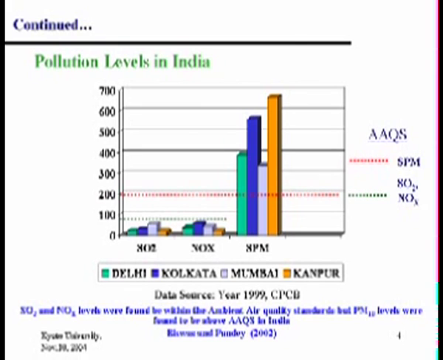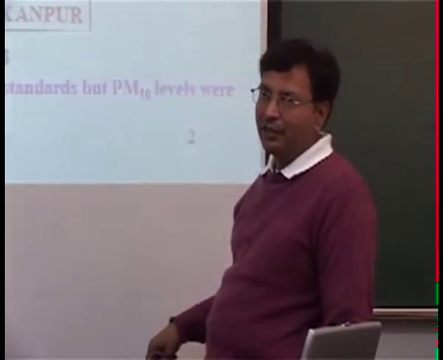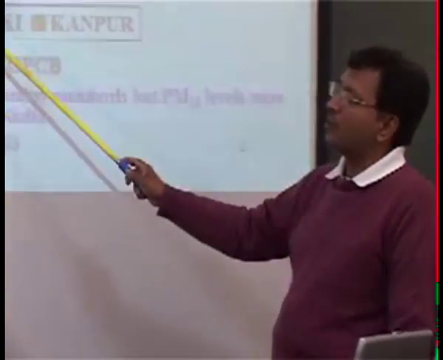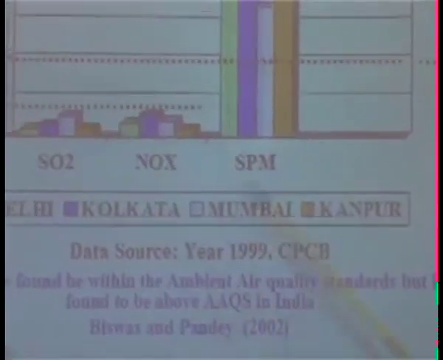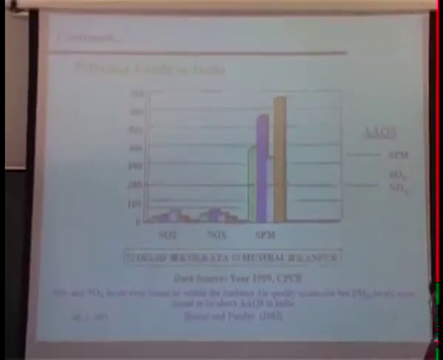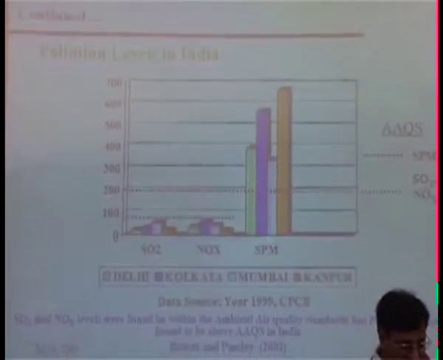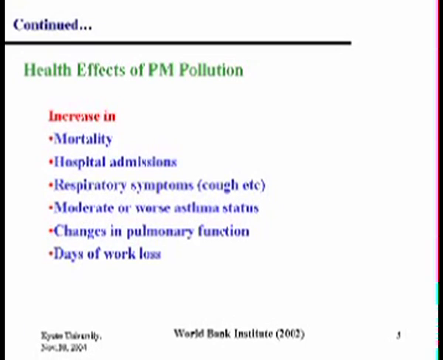When you are talking about SPM, if SPM is high, it means by and large PM10 will be high, and PM2.5 will be high. For the four different cities, this is the annual standard, about 160 or something, and pollution levels are way high. The gaseous pollutants are still manageable, and we'll discuss the associated problems a little later, but the particulates are important to us. So this lecture will devote more to particle health effects.